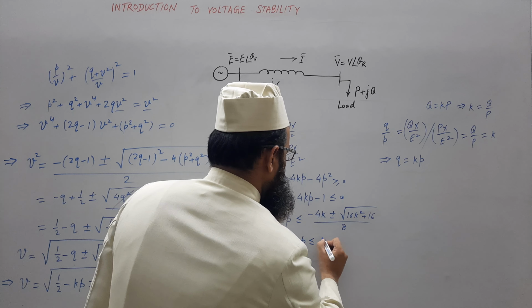Once this is positive, a square term is always positive, so we are getting real one, right? So take 16 as common, that will be outside 4, 4 by 8 will be 2, 1 by 2. So we will write under root k square plus 1 by 2. That is, we are getting